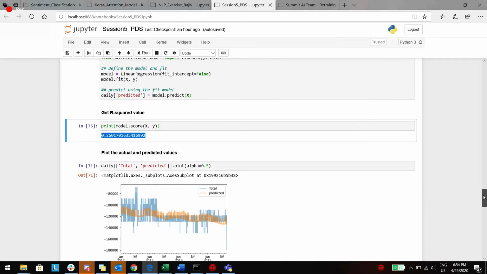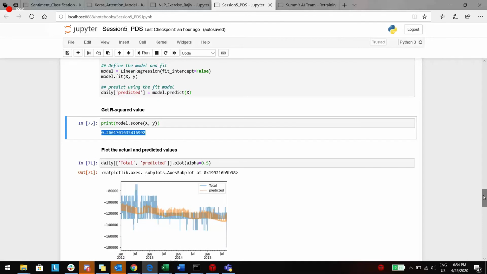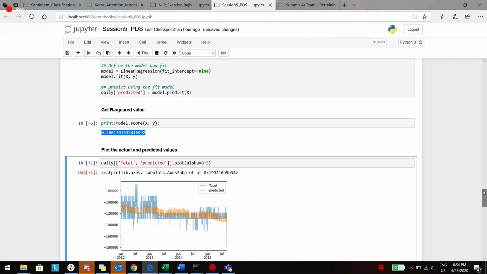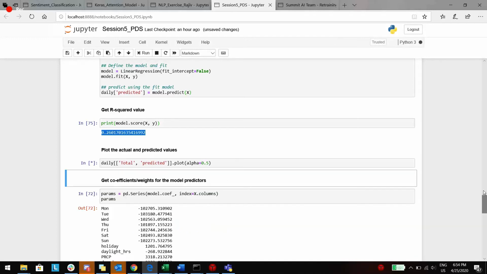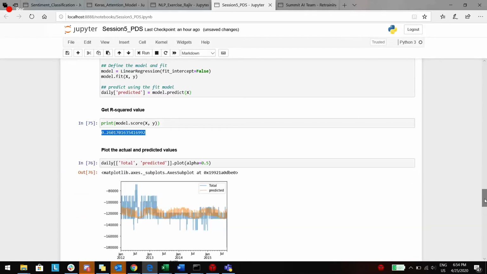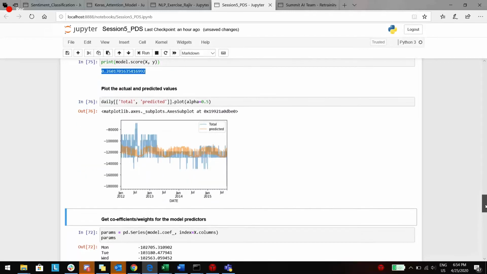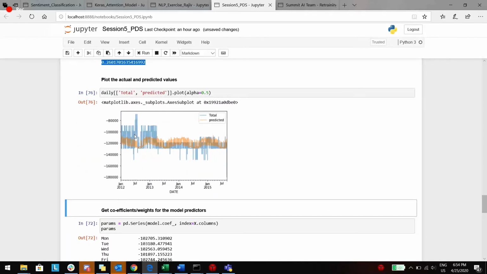our predictors, right? Now if you also plot these actual versus predicted values, okay, so I am just trying to plot the actual versus predicted, and look at the plot now. So you see that there is a huge variation between the actual value and predicted value. Blue is the actual, and this orange is the predicted.